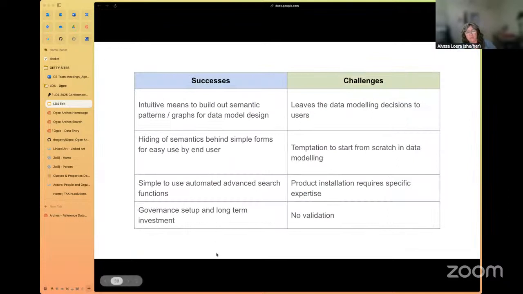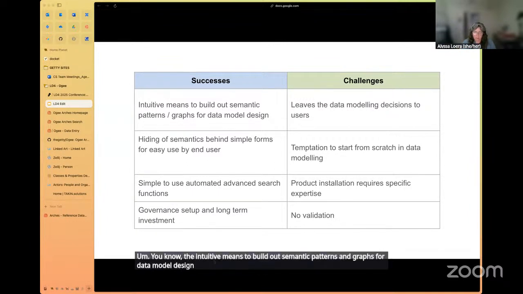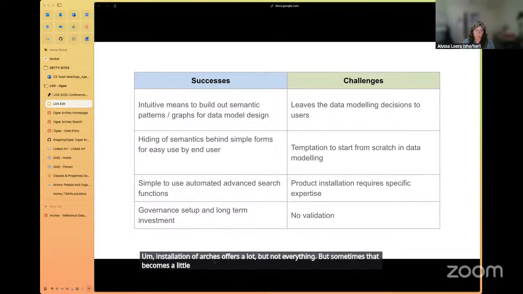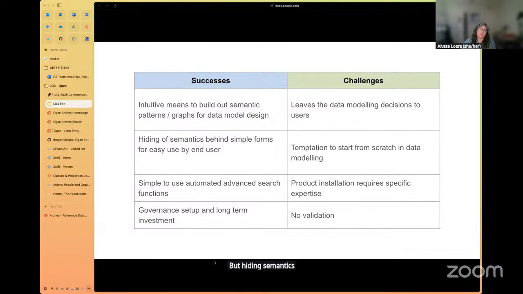And so some of the successes and challenges behind Arches as a platform: the intuitive means to build out semantic patterns and graphs for data model design. That's a big part of it. Installation of Arches offers a lot, but not everything. Sometimes that becomes a little too open-ended for people. But hiding semantics behind simple forms for easy use by end users is definitely a big pro.